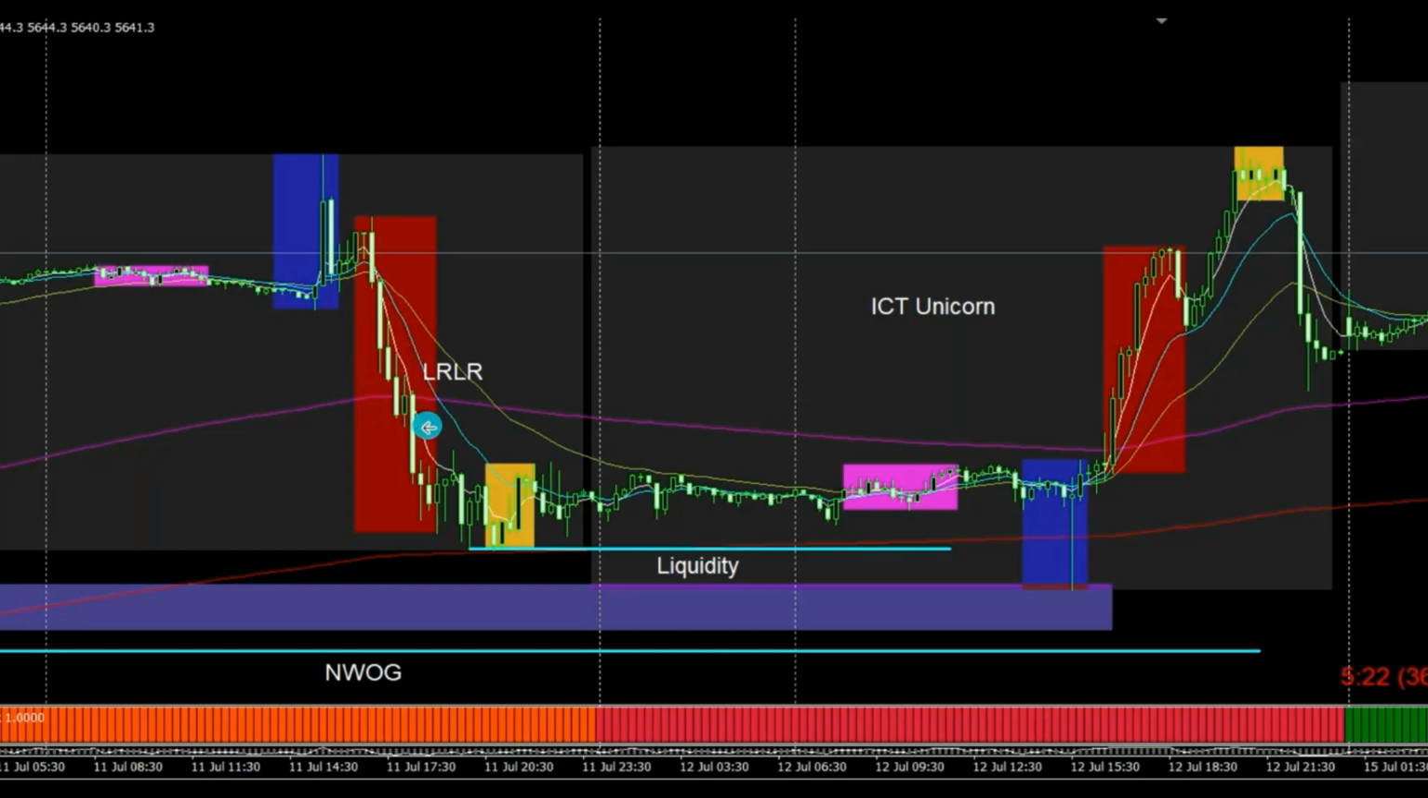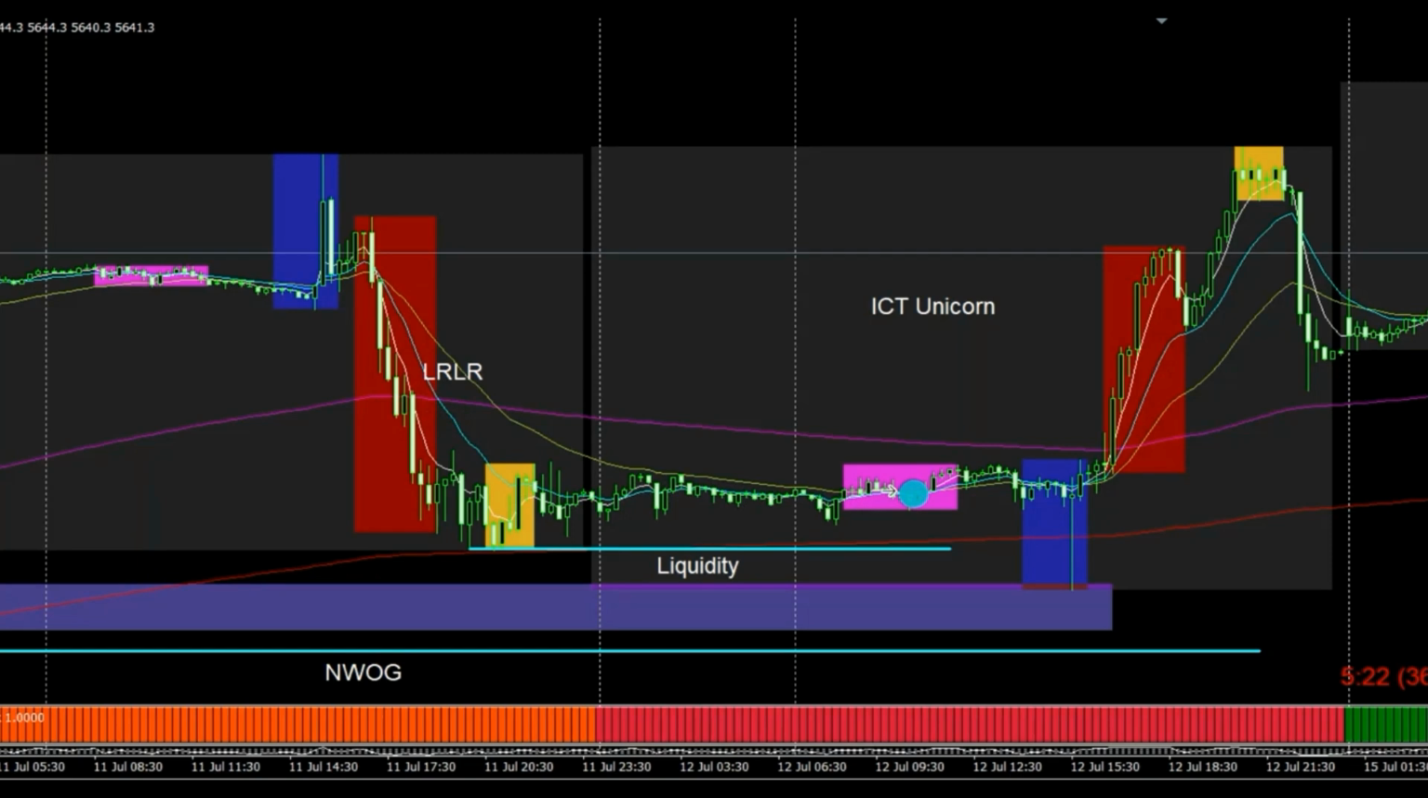So if price gets above this area and clears this fair value gap, it's going to run all the way up to here. And your last level of defense is inside of this order block right here, these three up candles. So price on the previous day moves to the downside,